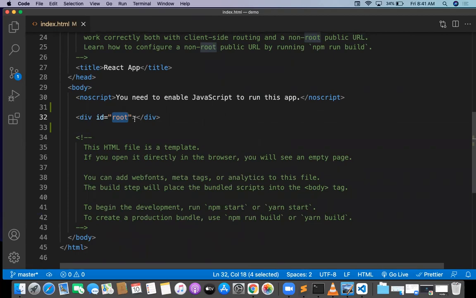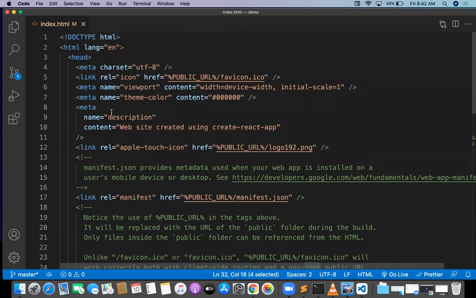Why? Because every browser can understand only HTML. Suppose you go for Chrome, Firefox, Internet Explorer, Safari, Opera, any browser can understand only HTML. Even a React project is also a browser related application. We are doing web development, client side programming. So it means React renders in the browser first. We need to understand that. So the browser can understand only HTML. That HTML will be what? Index.html. But index.html communicates with index.js.